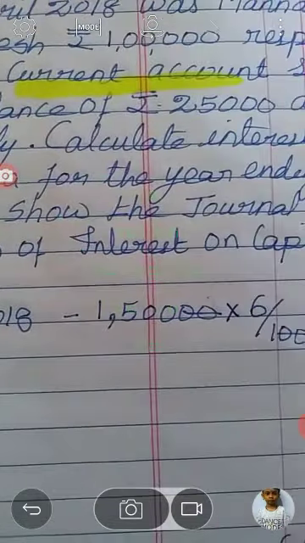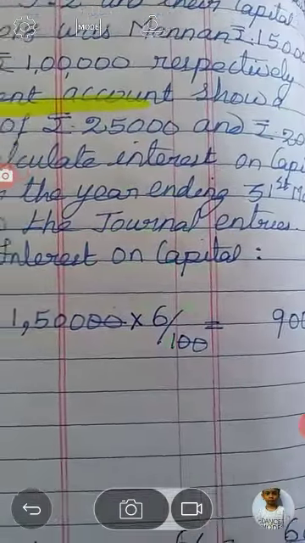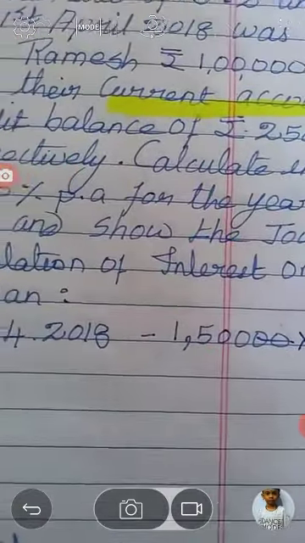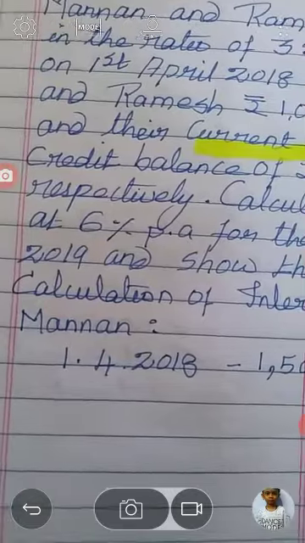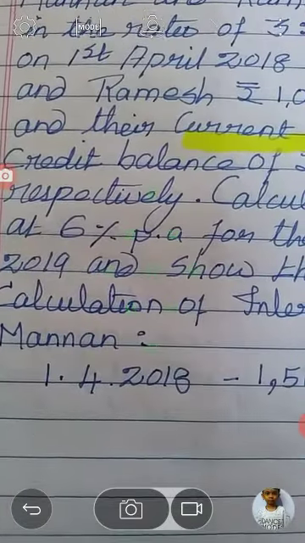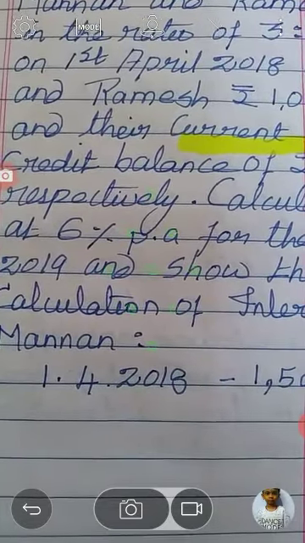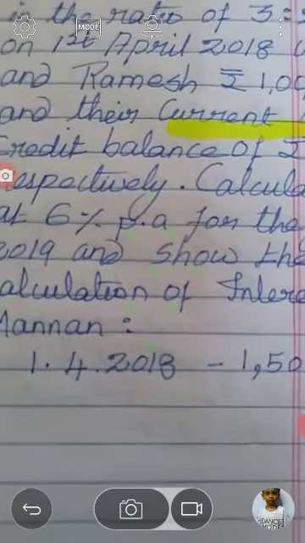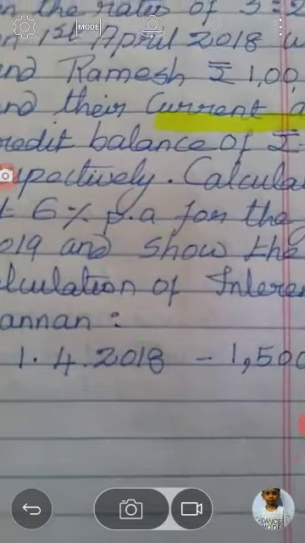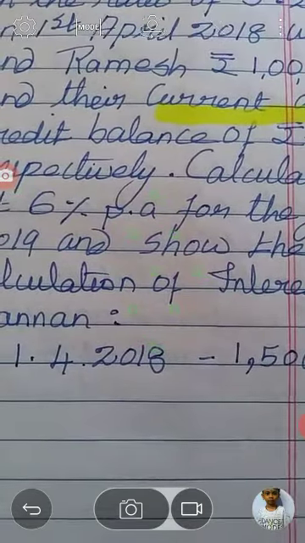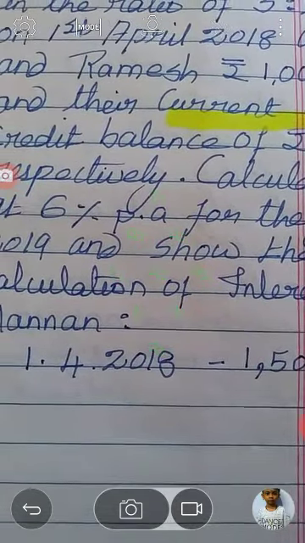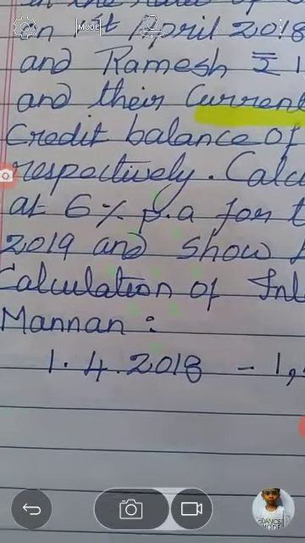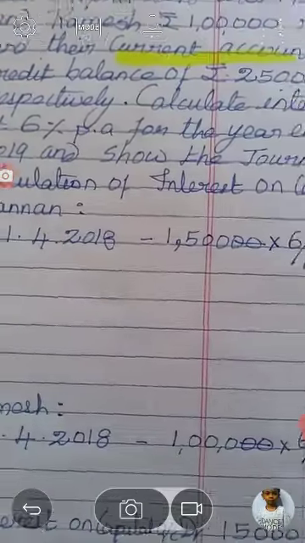and show the journal entry for the calculation of interest on capital. Here you have to calculate the interest on capital first and show the journal entry for this sum. The journal entry should be mentioned in the sum itself. The partners maintain the fixed capital method, so only the current account should be given. Here the interest on capital is to be calculated. Mannan, 1/4/2018, his capital is